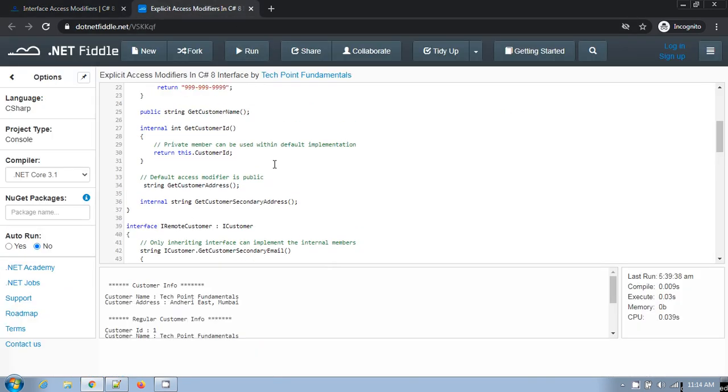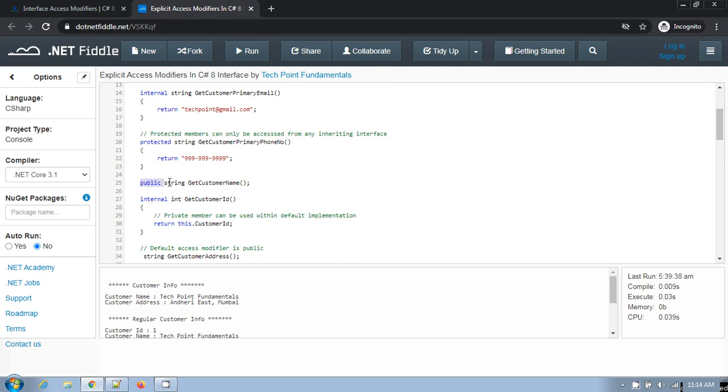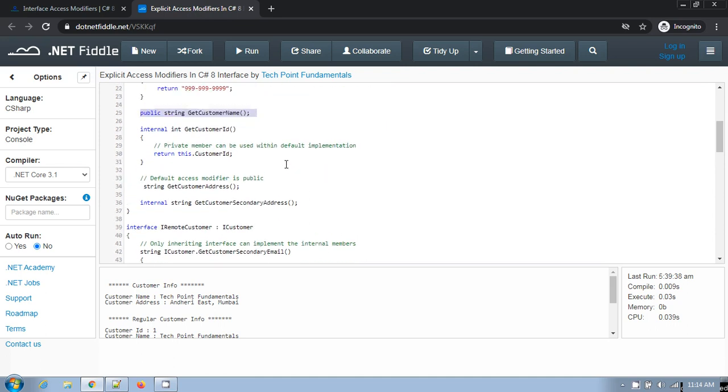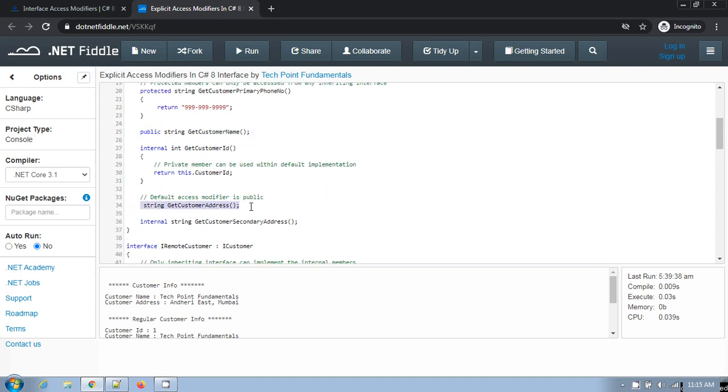In this example you can see I have one public interface member, get customer name, right? And the second one, get customer address. Here I have defined this with the access modifier public explicitly, and here I did not specify any access modifier, but it will be public by default. To prove this point, only public interface members can be implemented in the inheriting class